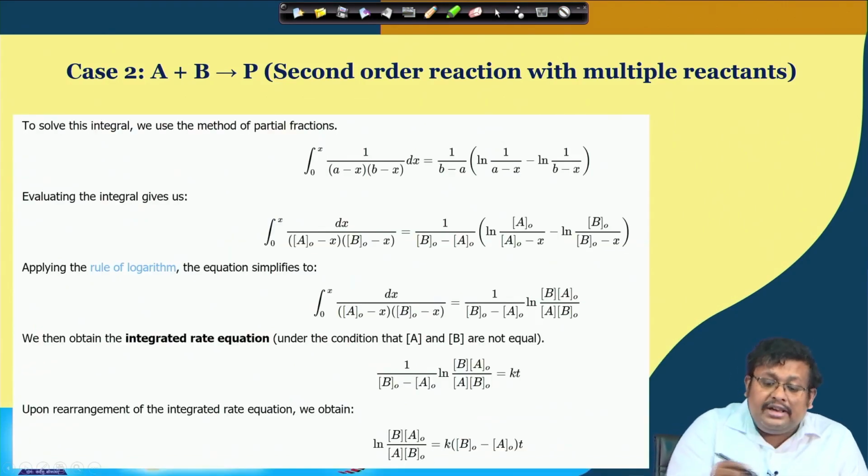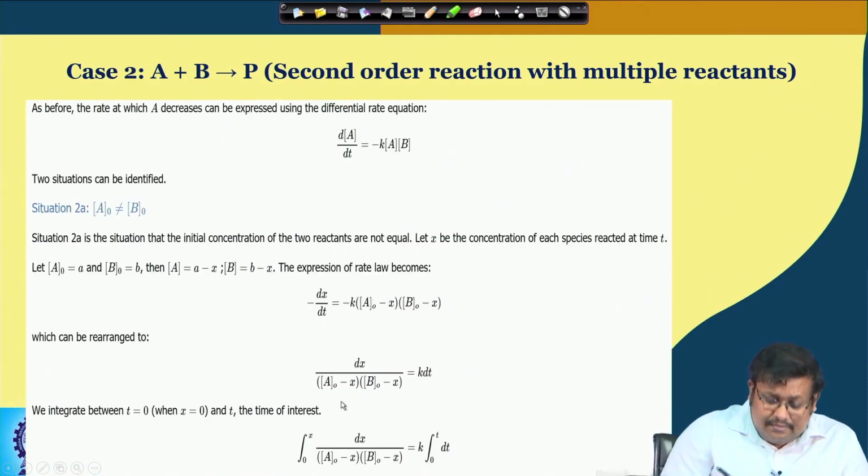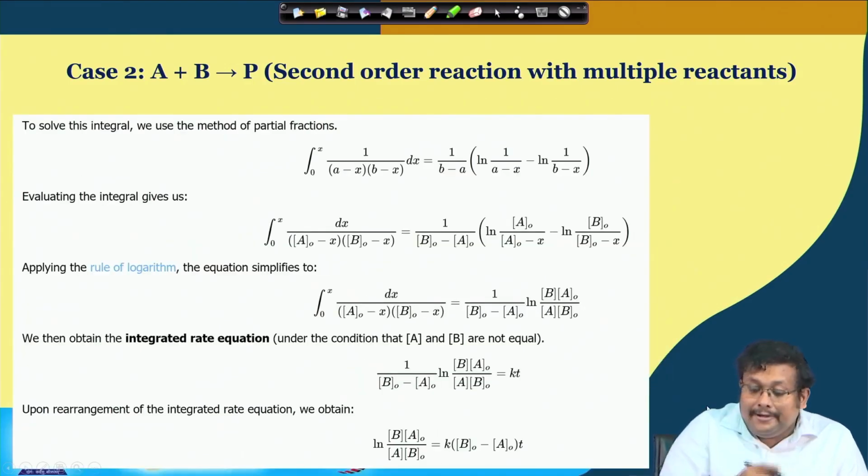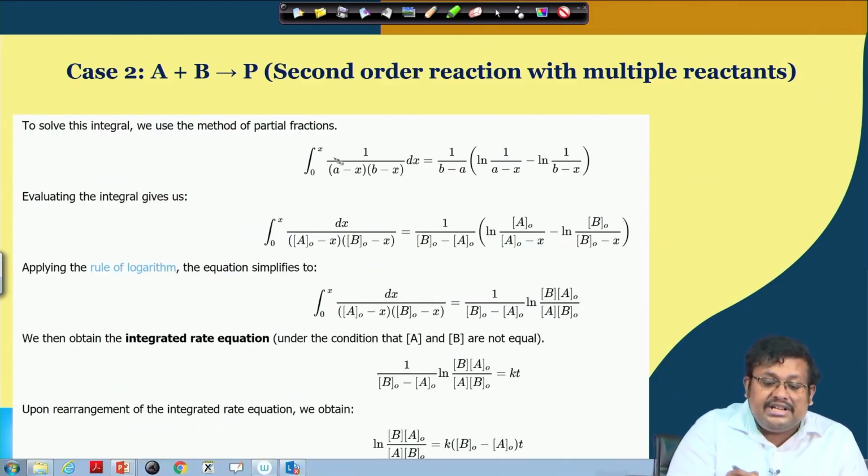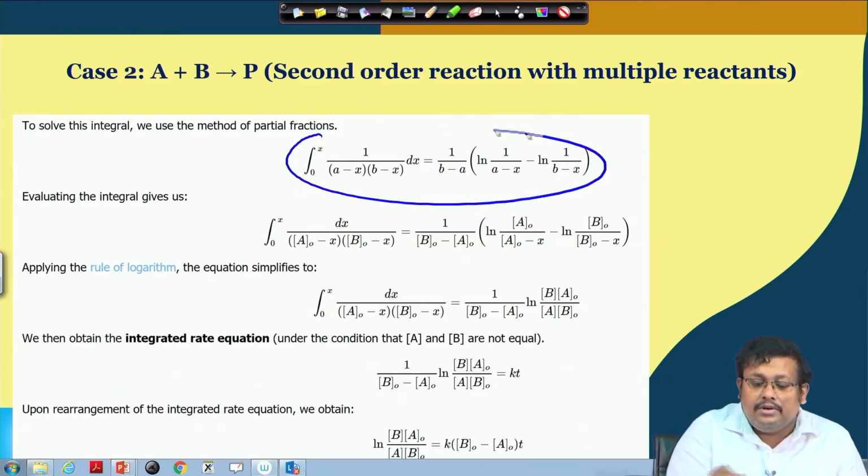So, from solving this previous equation, where we are integrating from 0 to X and from 0 to T, we have to take the help of this partial fraction integration rule. So, if we see this partial fraction integration rule, we can express our equation in this form,